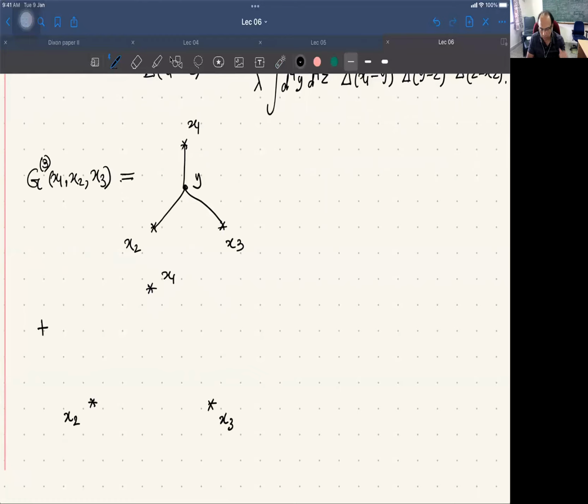And then you can argue that if you have to use vertex, then you need at least 3 vertices, and you have to connect them this way. So there are 3 internal points, y1, y2, and y3,